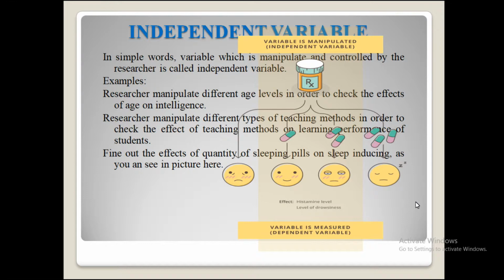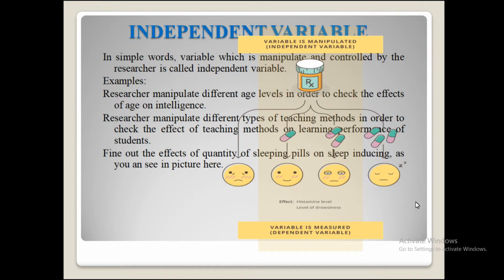For example, here I put a number of examples, like researcher manipulates different age levels in order to check the effect of the age on intelligence. Here is the first example: researcher manipulates different age levels. He took different people with different age levels in order to check out their age's effect on their intelligence. This is not the same age. For example,